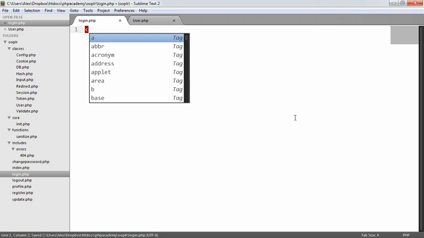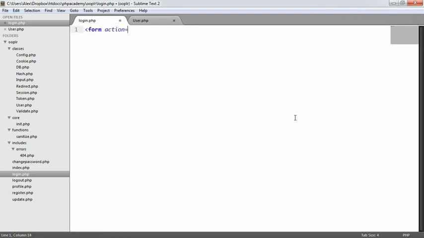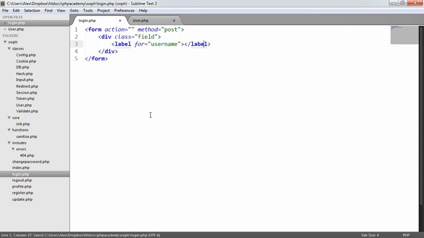So the first thing that we want to do is outline the form that we're going to create, which is going to allow them to enter the credentials they need to sign in. So we have an action and a method here. The method's going to be post, and the action is just going to be blank, so we submit back to this page. We're going to create similar markup to that we did for the registration. So we're going to have a label for a particular field or a particular ID. This is going to be for username. We'll just end that label field, and we'll say username,